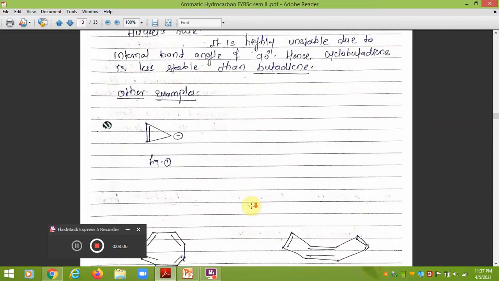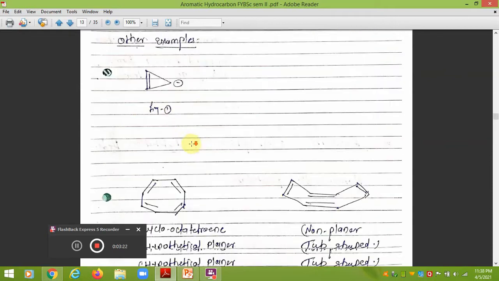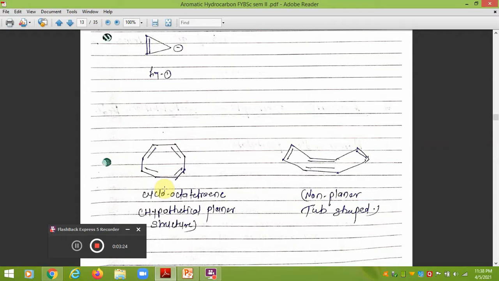Another example of an anti-aromatic compound is the cyclopropenyl anion, that is the anion of this, and it is also cyclic, planar, having conjugation, but it contains 4 pi electrons, meaning 4n pi electrons. Another example of an anti-aromatic compound is cyclooctatetraene, and the same structures can be drawn here. It is a non-planar structure,